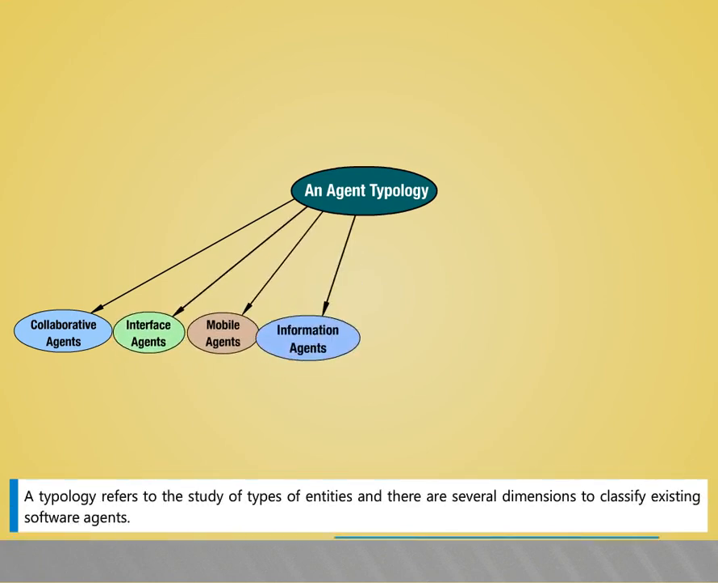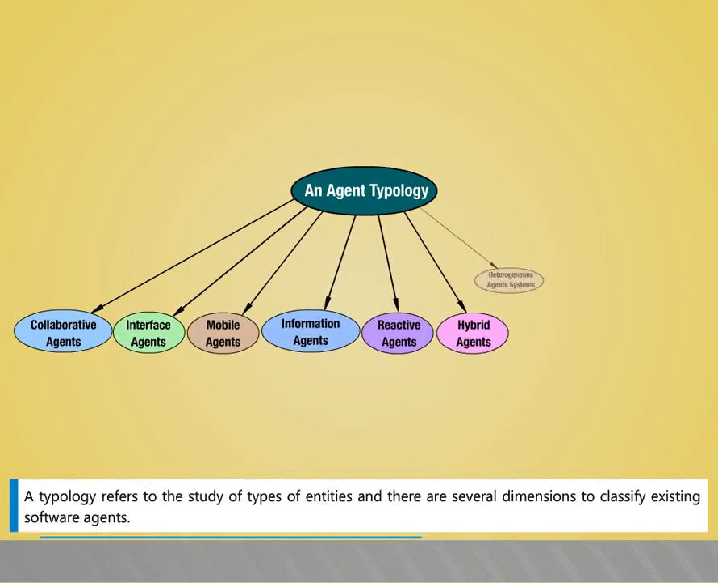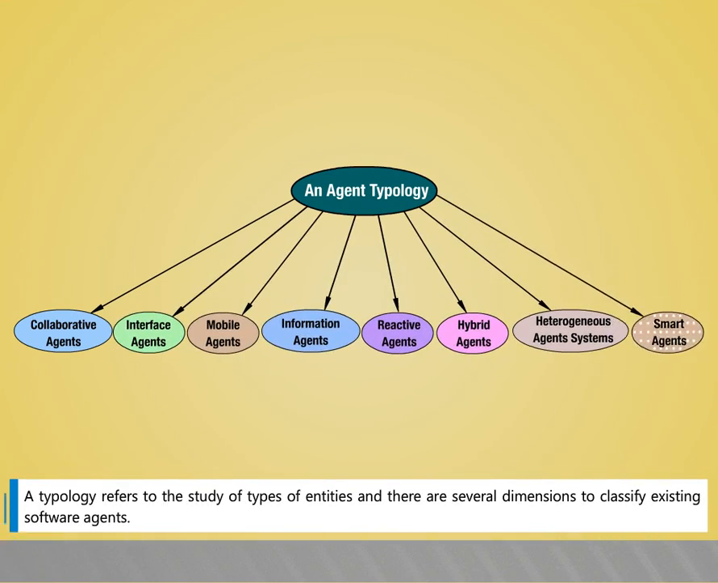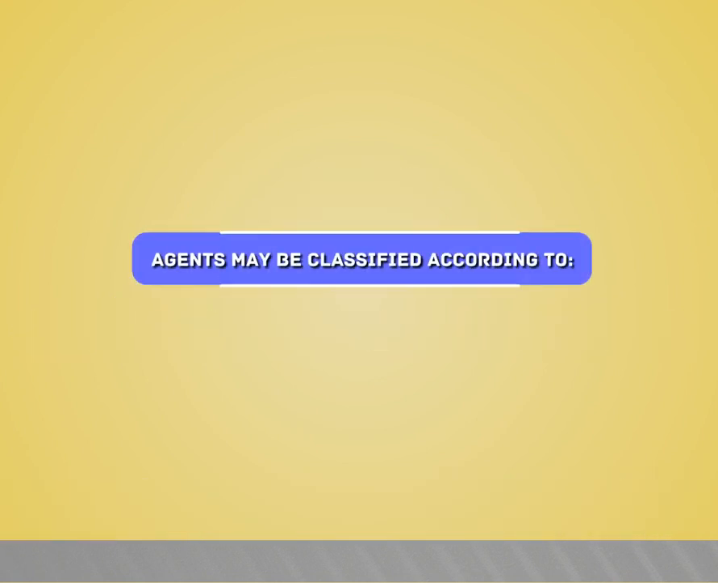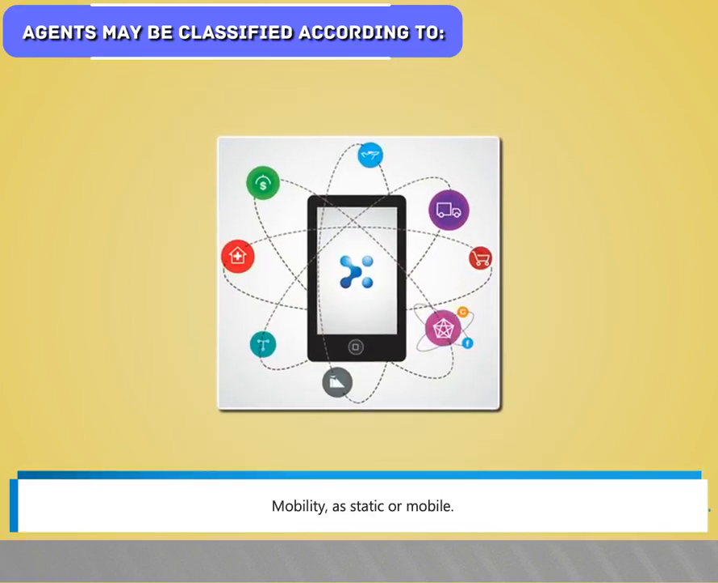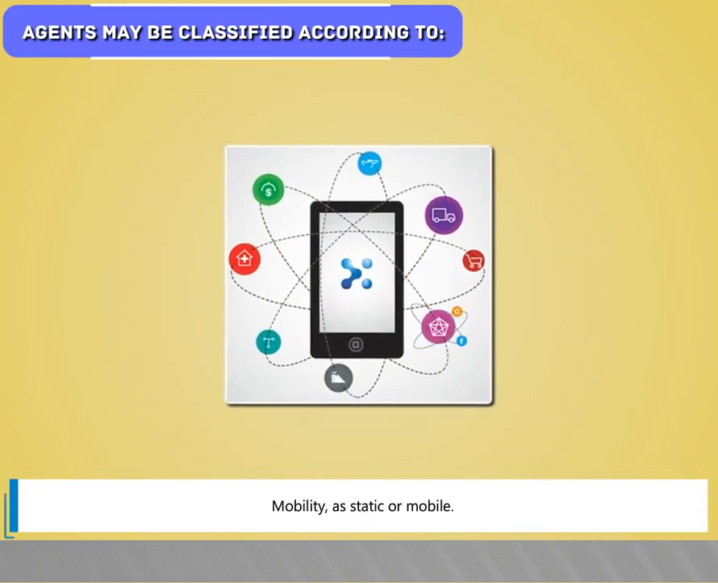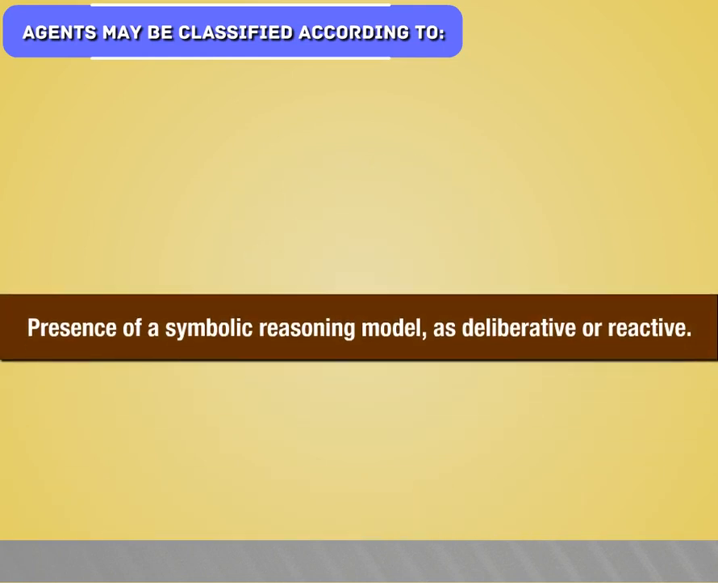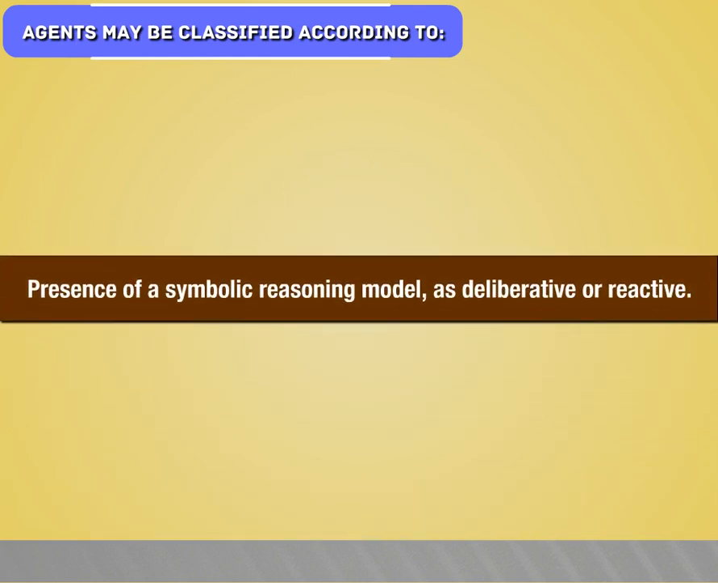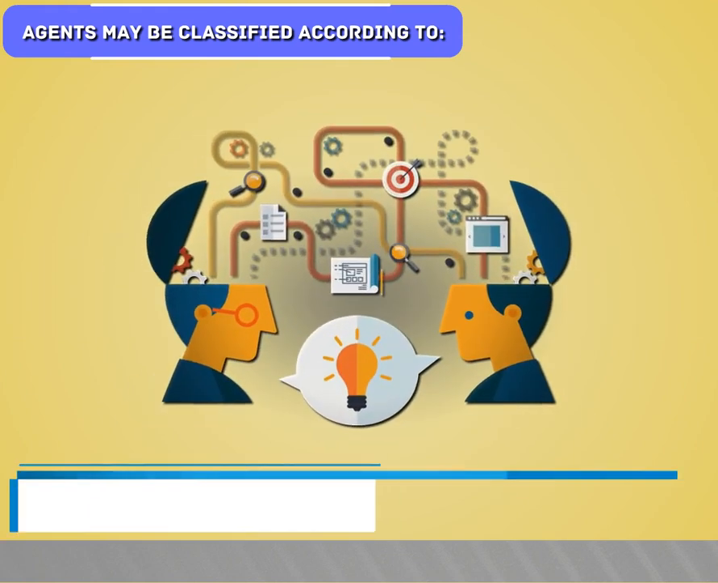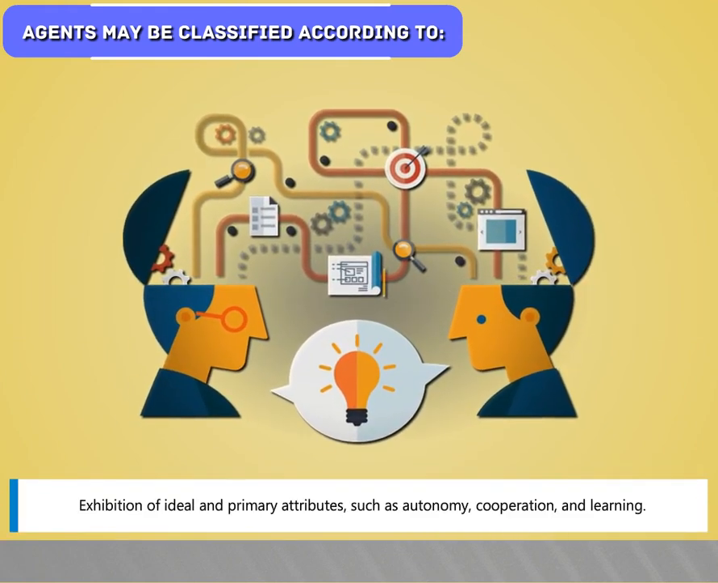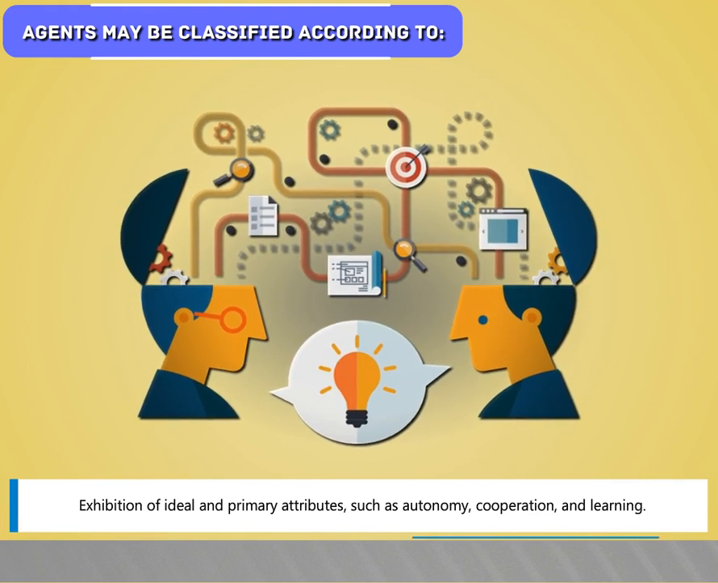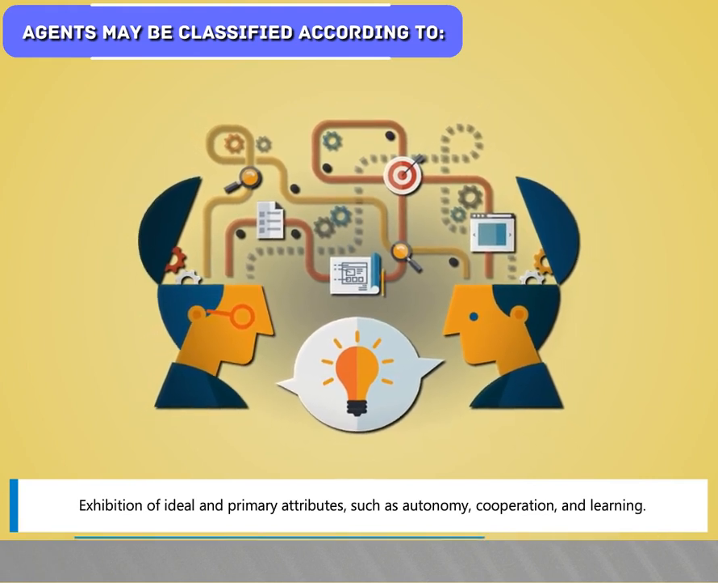A typology refers to the study of types of entities, and there are several dimensions to classify existing software agents. Agents may be classified according to mobility as static or mobile, presence of a symbolic reasoning model as deliberative or reactive, exhibition of ideal and primary attributes such as autonomy, cooperation, and learning,